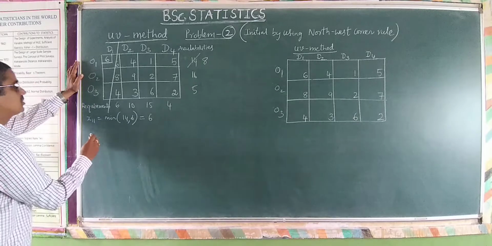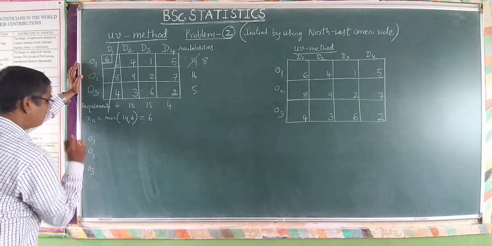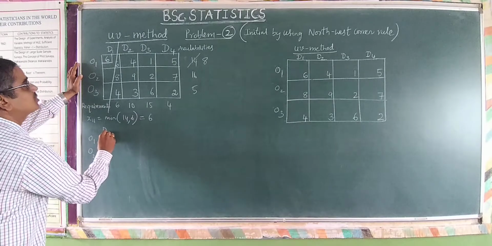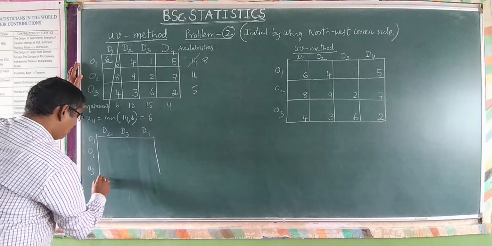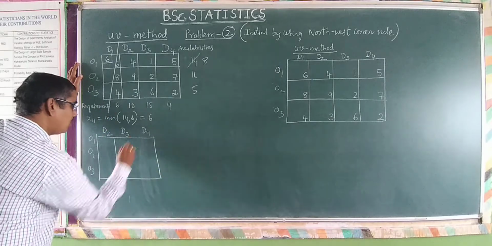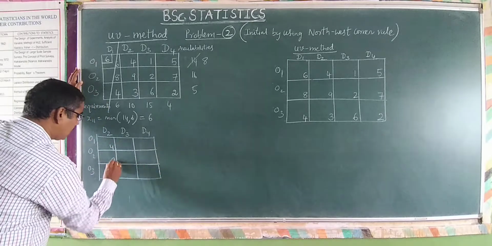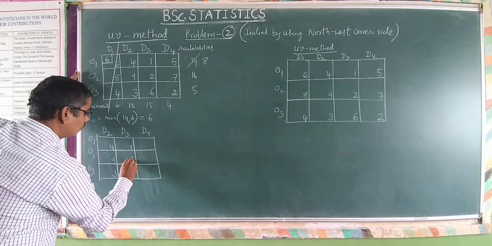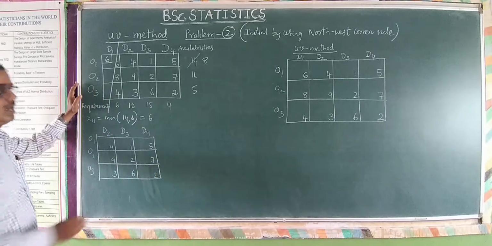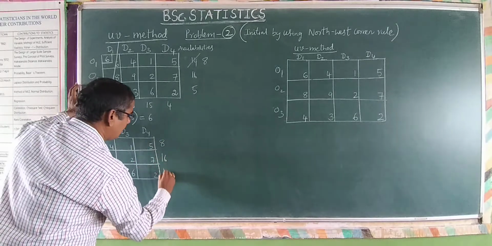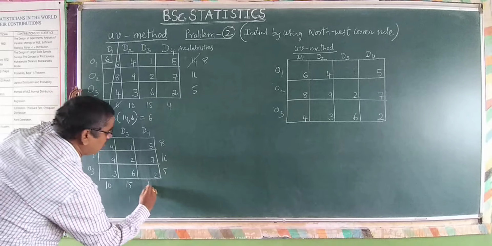So I am preparing the transportation table 2, and we have O1, O2 and O3 as availability origins and destinations D2, D3 and D4. Now consider the transportation table with these origins and destinations respectively, and the costs are 4, 9, 3, 1, 2, 6 and 5, 7, 2. These are the costs here, and availabilities are 8, 16 and 5, requirements 10. This was cancelled, 10, 15 and 4.